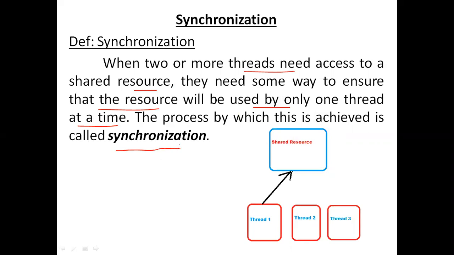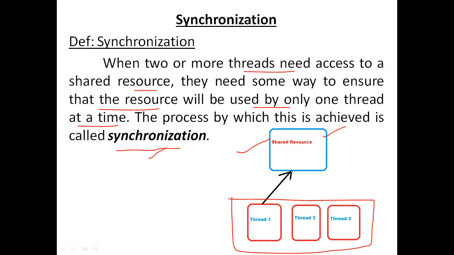Let's understand it in a simple way. So, let's come to the figure. We have a shared resource, right? And we have some set of threads. In our example, we have three threads and one shared resource. Shared resource means it might be anything like a printer on your computer, or a scanner, or any other hardware. If there is only one thing present on your computer, it has to be shared by the others, so it is called a shared resource.